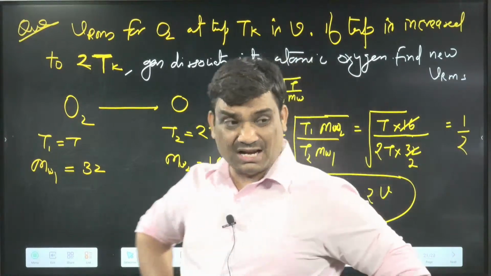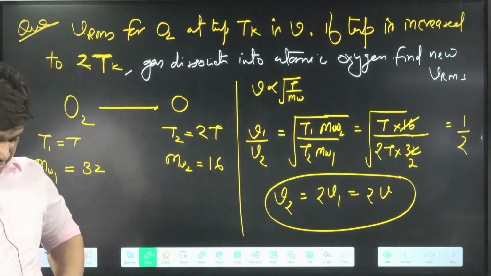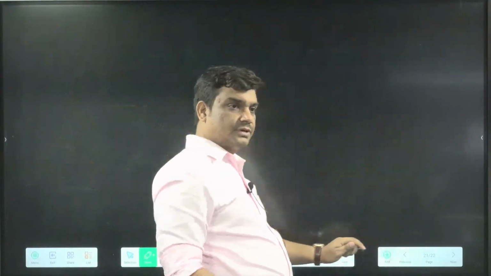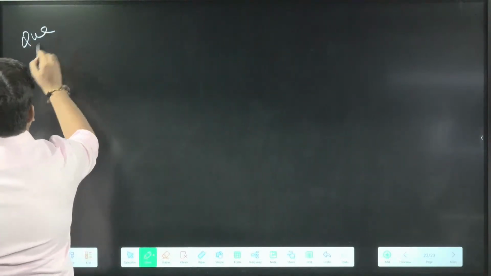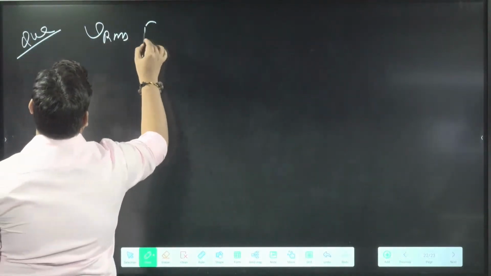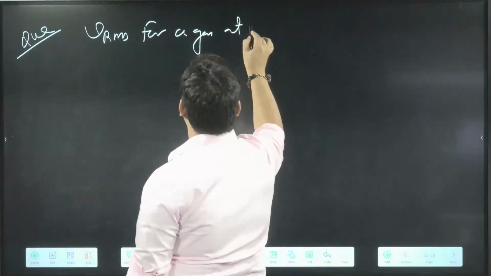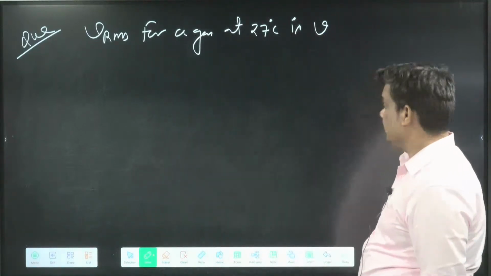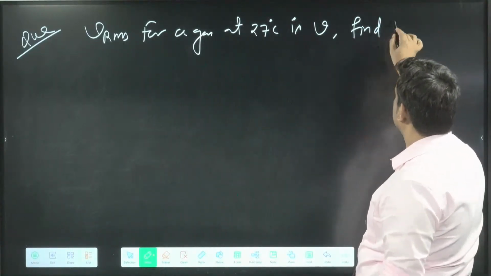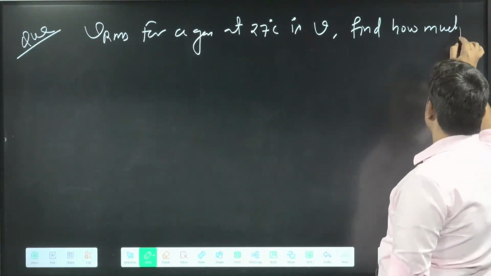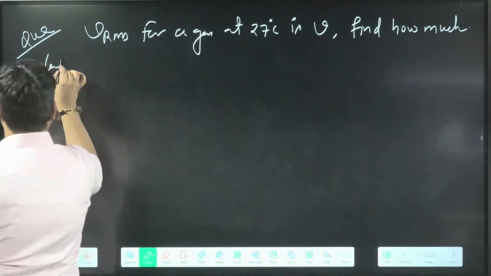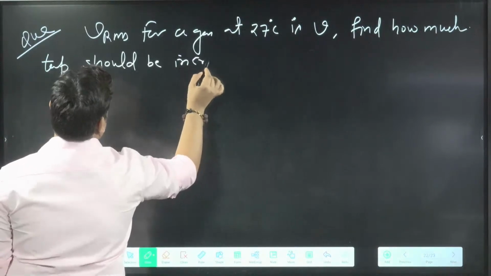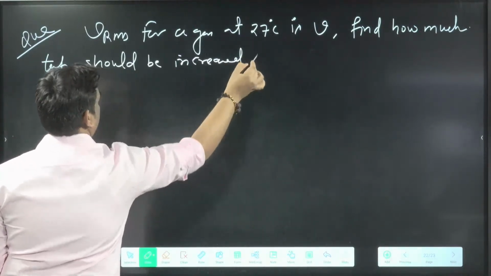VRMS for a gas. Here is the question. VRMS for a gas at 27 degrees Celsius is V. Find how much the temperature should be increased so that,